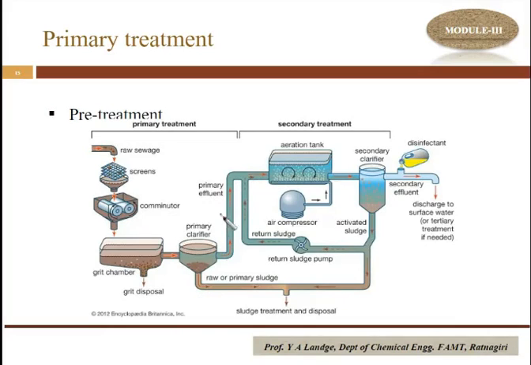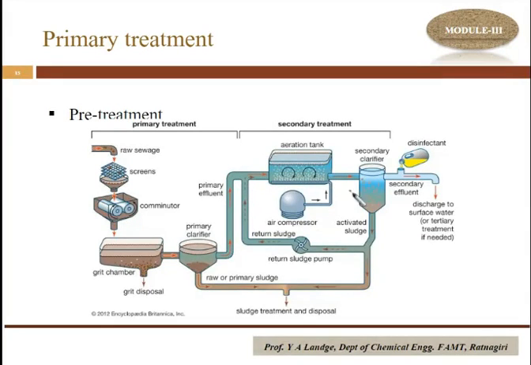Why is it named the primary clarifier? Because after the secondary process, there is also another clarifier. You see here, this is the other clarifier, called the secondary one. This one is from the primary treatment, so we call it the primary one. Then it goes to the aeration tank. It may be the activated sludge process that we use, it may be a packed bed, it may be a trickling filter. Anything can be placed at this portion.